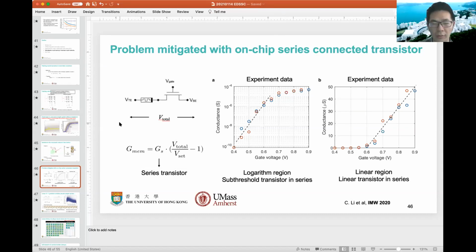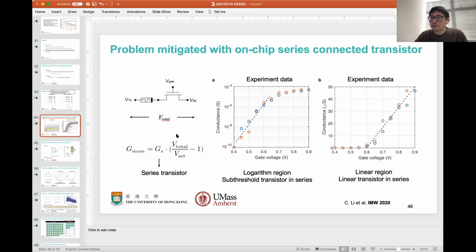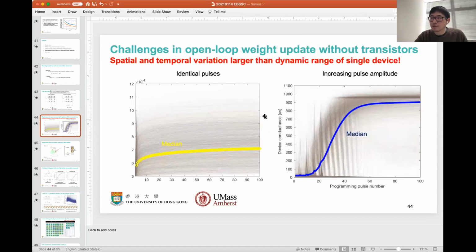Okay, so the follow-up question, actually, this is also a follow-up question from me. So in this case, the gate controls the conductance of the memristor, somehow. Yep. So in this sense, you can make it very linear and programmable. Yes. I see. And here these two figures show